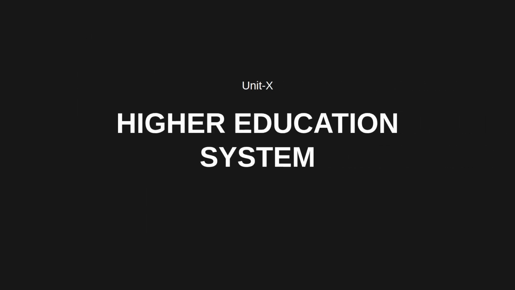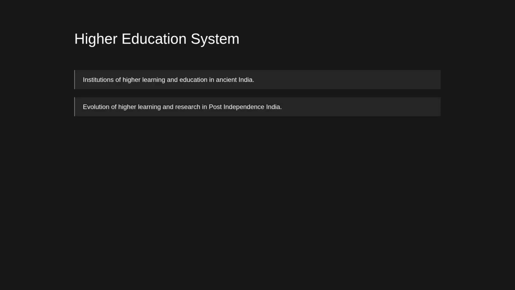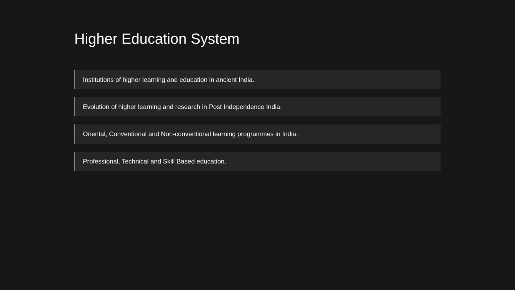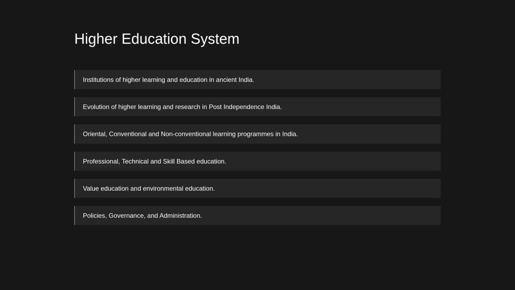Unit 10, Higher Education System. In higher education system, we will cover institutions of higher learning and education in ancient India, evolution of higher learning and research in post-independence India, oriental, conventional and non-conventional learning programs in India, professional, technical and skill-based education, value education and environmental education, policies, governance and administration,